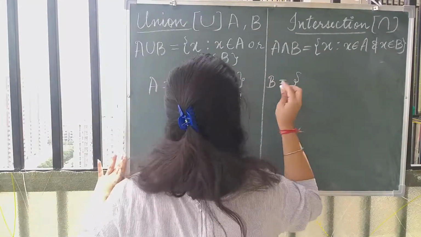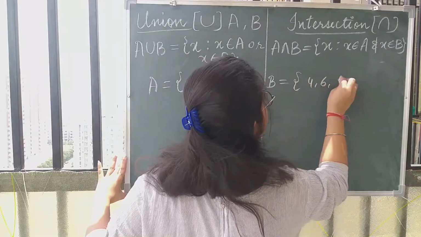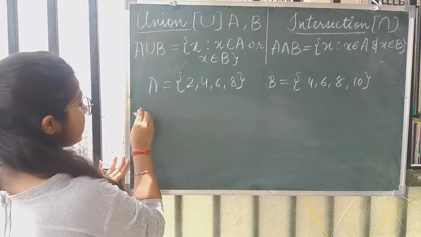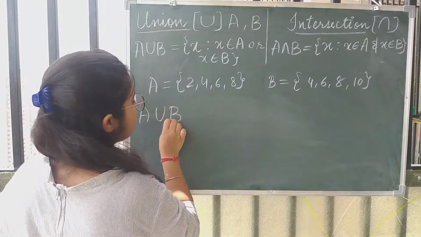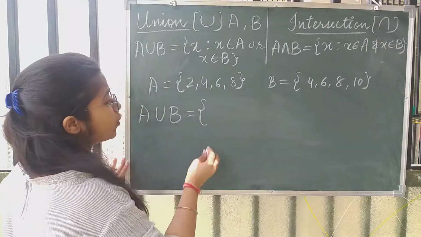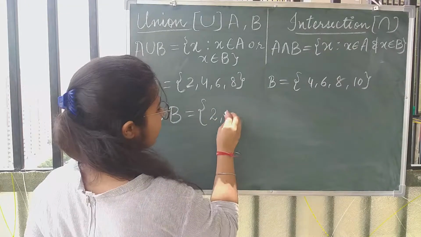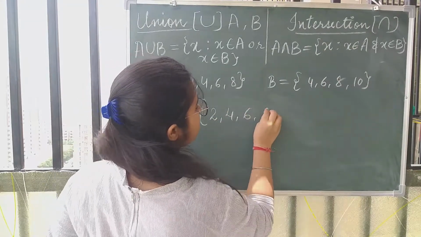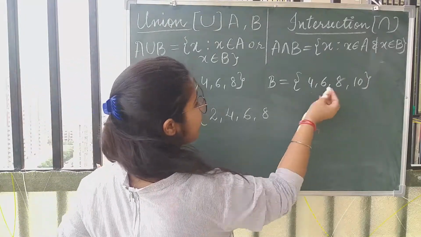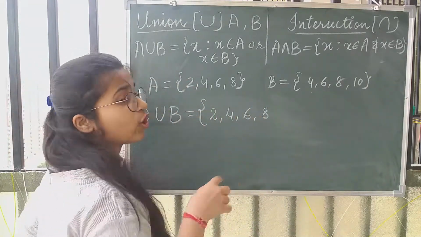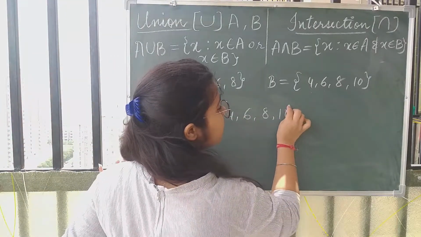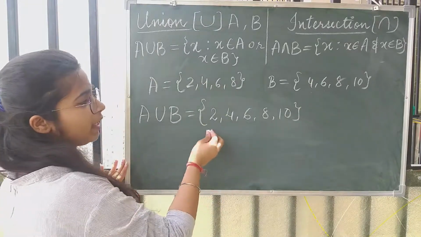So suppose you have two sets, say A is equal to 2, 4, 6, 8 and B is equal to 4, 6, 8, 10. Now suppose if I ask you to write A union B, that would be a set which has all the elements of A as well as that of B. So we first start writing the elements of A, which are 2, 4, 6, 8. Now when we move on to B, so we see that 4, 6, 8 तो A में भी आ रहे हैं. So we are not gonna repeat that. So the only element left after this is 10. So A union B would be 2, 4, 6, 8, 10.